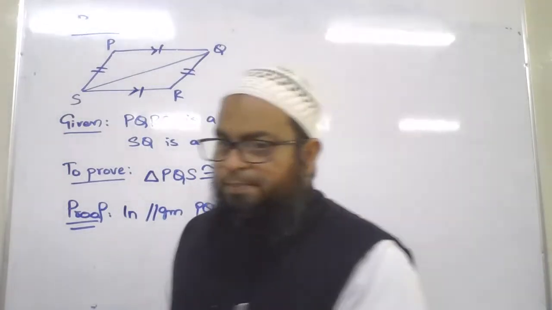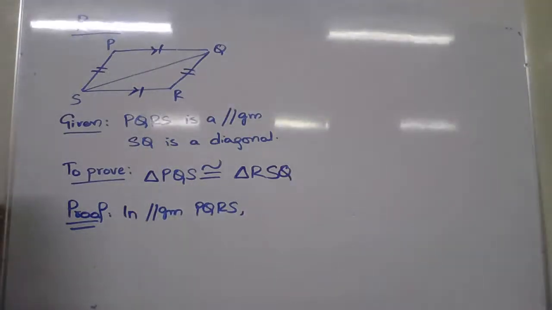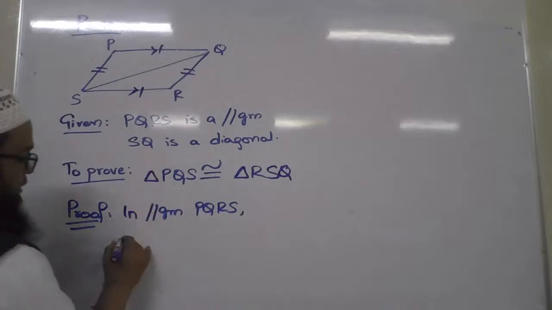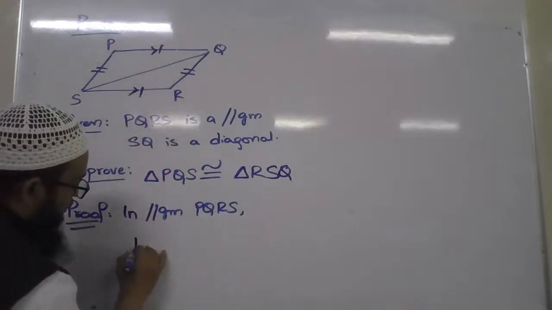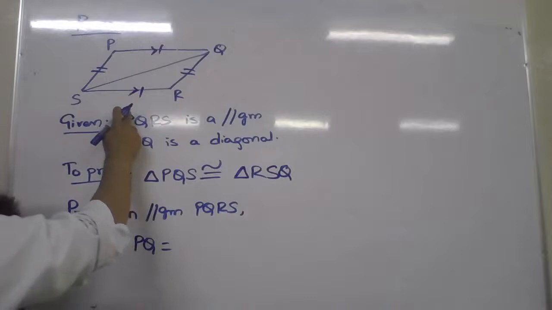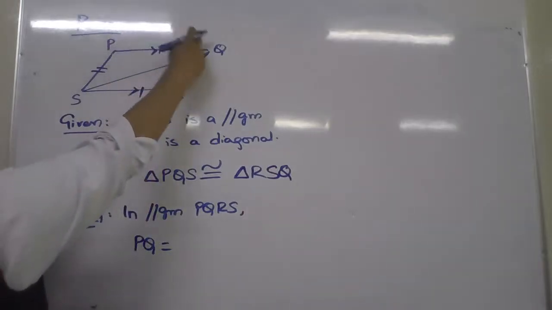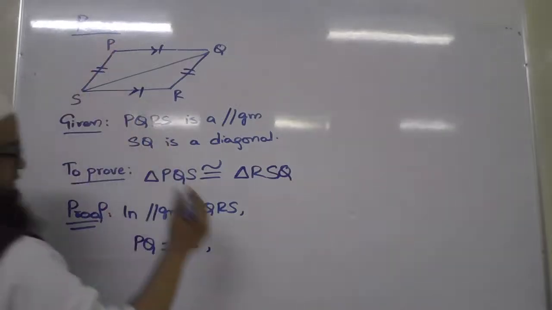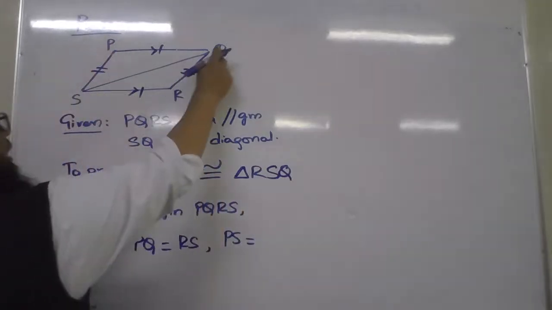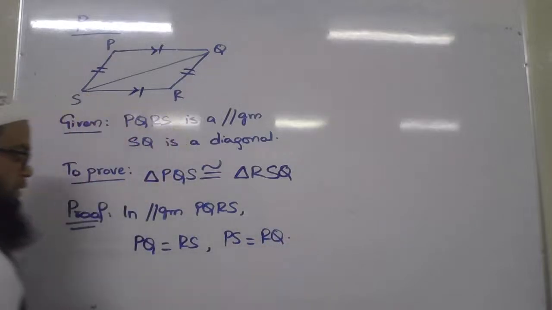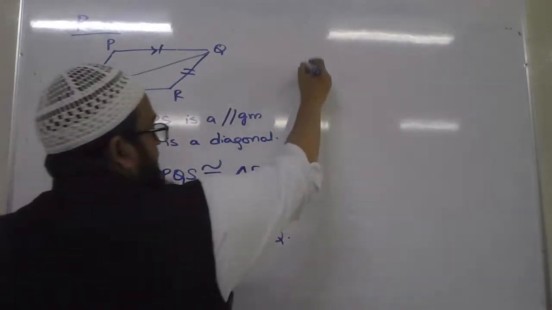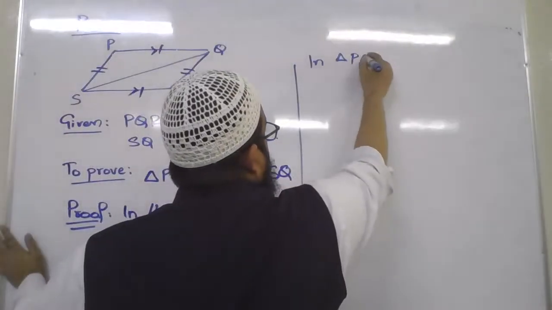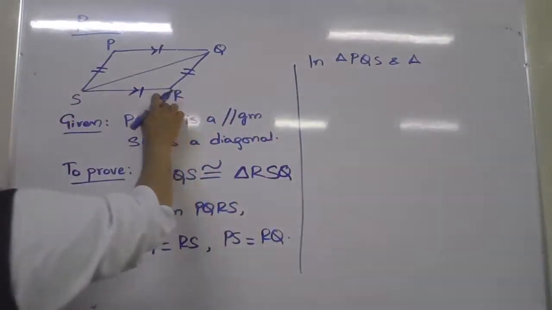Understood or not? So let us see here, in parallelogram PQRS, PQ is equal to SR. Don't write SR. PQRS. And also PS is equal to RQ. So now, let me write here. In triangle PQS and triangle RSQ,